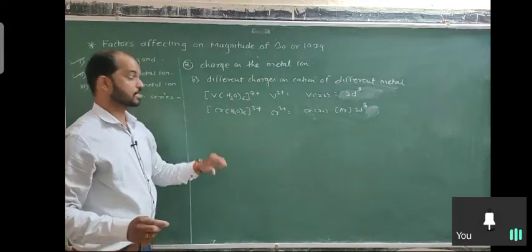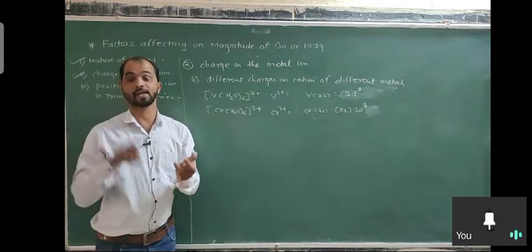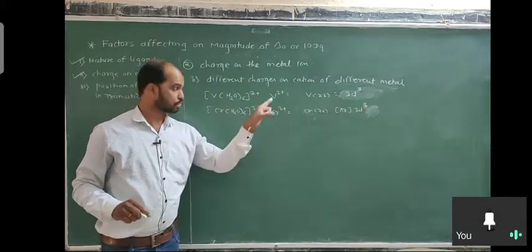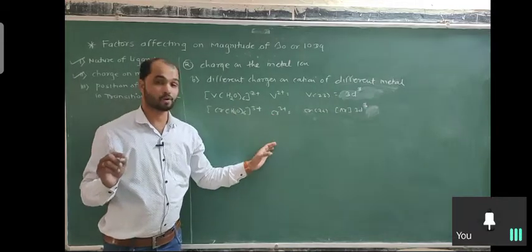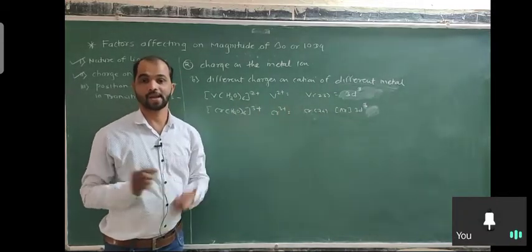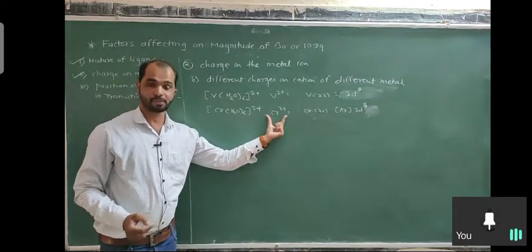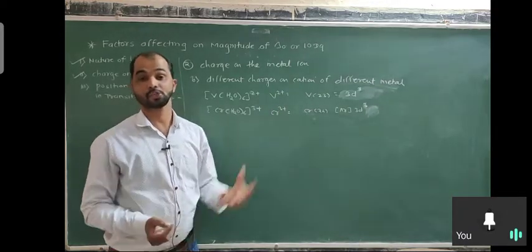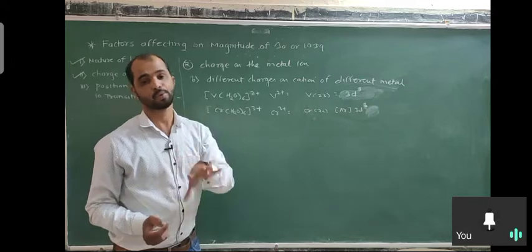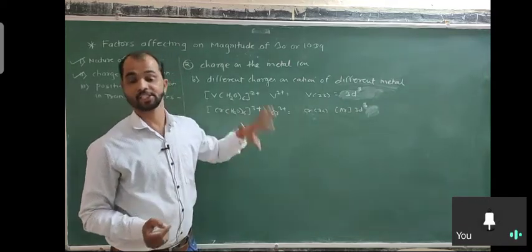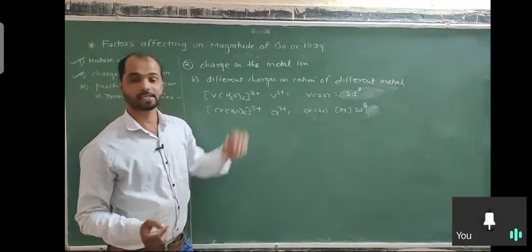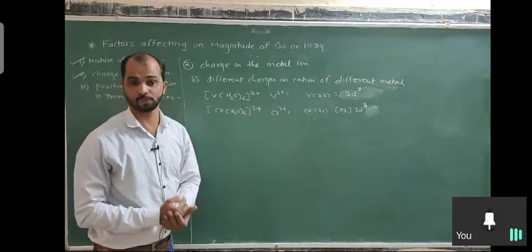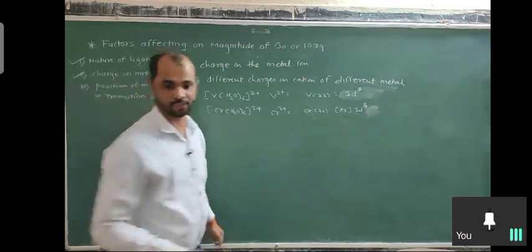So in that case, the metal ion which has the higher oxidation state, plus 3, where the other is plus 2, the higher oxidation state will absorb higher frequency of light. That means there is a higher absorption band as compared to the first one, because the higher charge will attract the ligands more towards itself as compared to the lower charge. We already discussed this in the first case. That means in the second case there is a higher absorption frequency, so a higher 10 Dq value is observed in the case of the second. The values are given here,